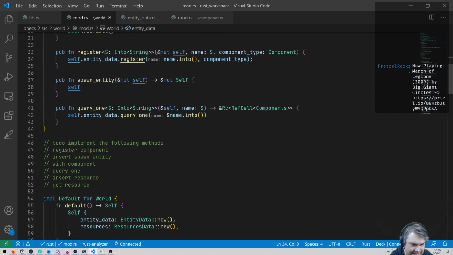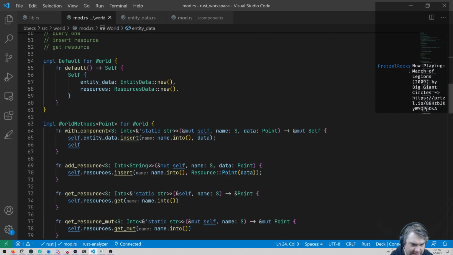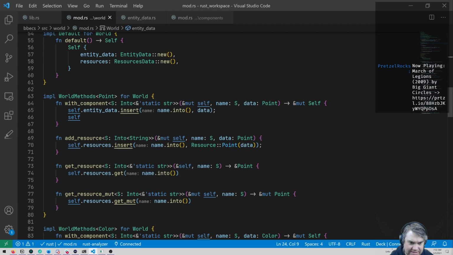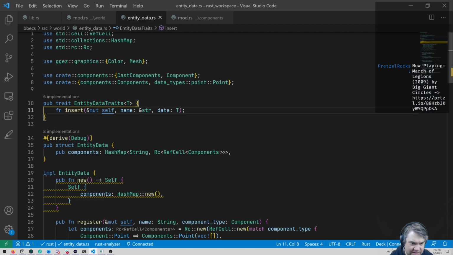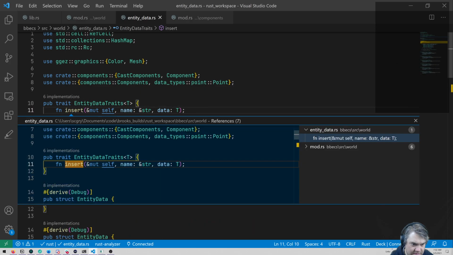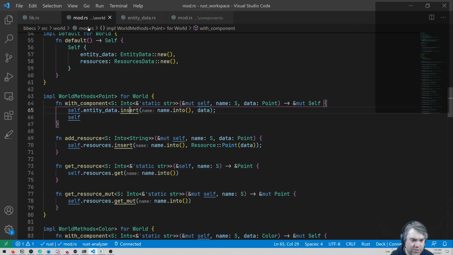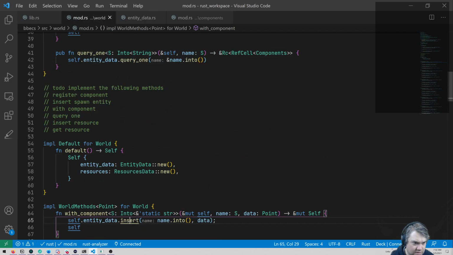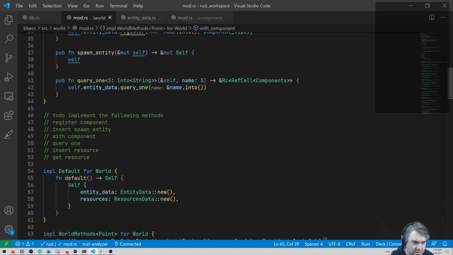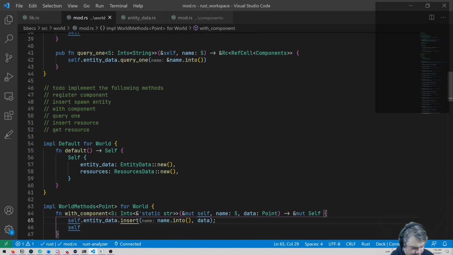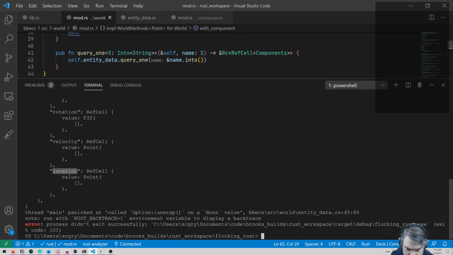So then for point with component, I think it's in here. No, it's not that. Where was the actual problem? It was mod line 44. Oh, entity data line 45 now.